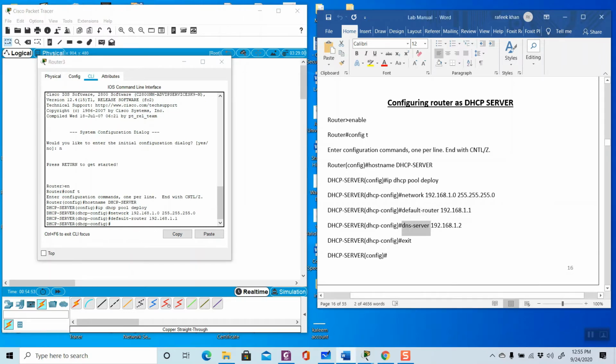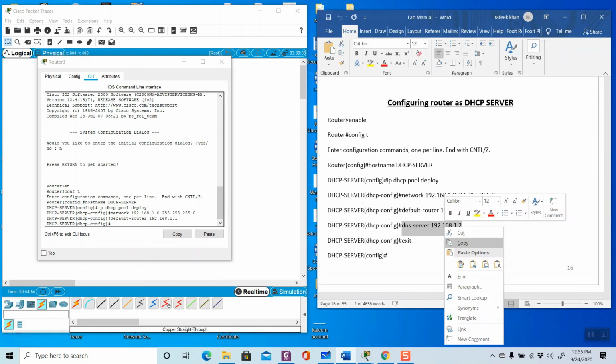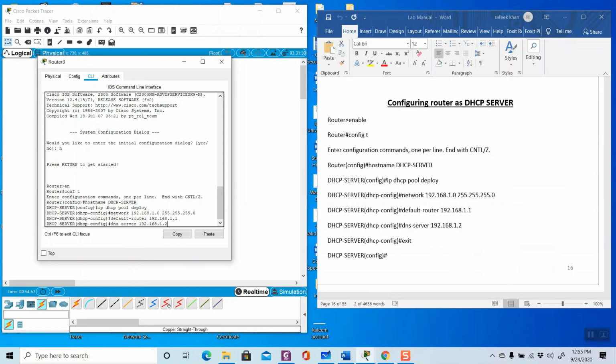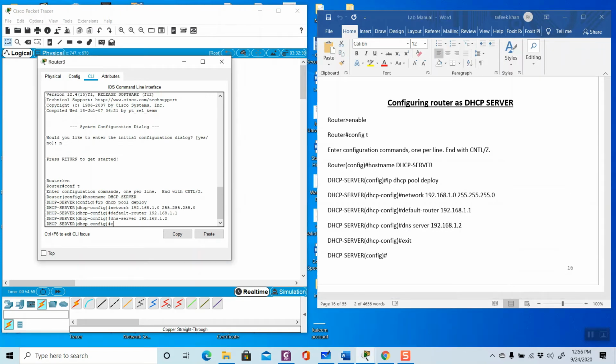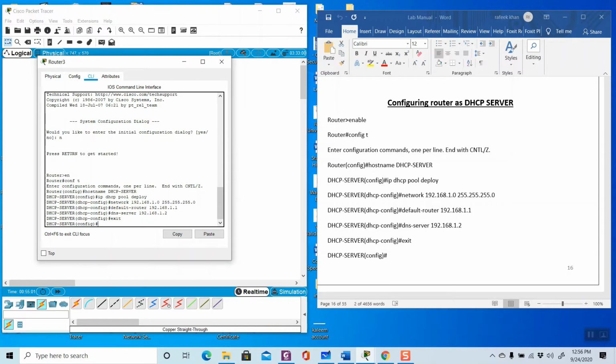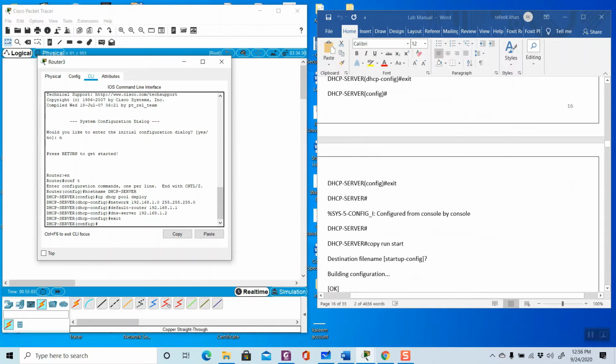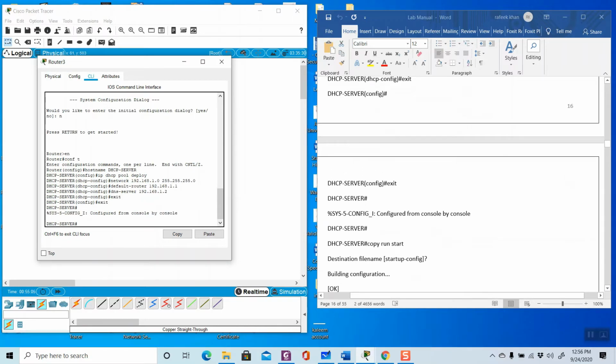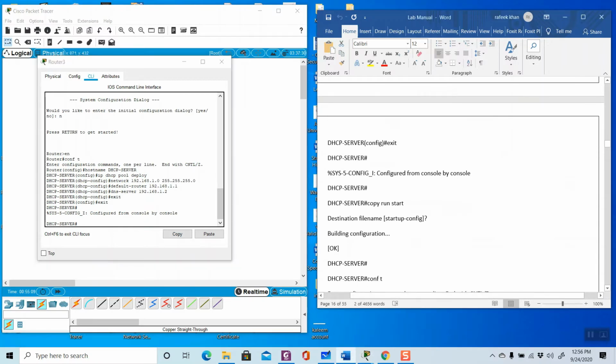Then DNS server. Exit. Again exit. Now copy run start.